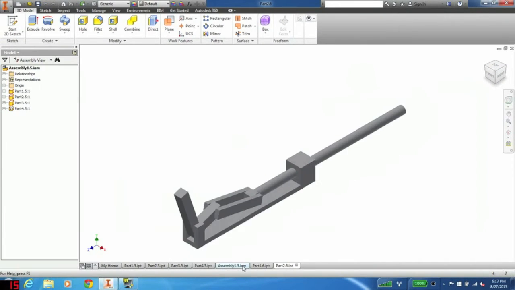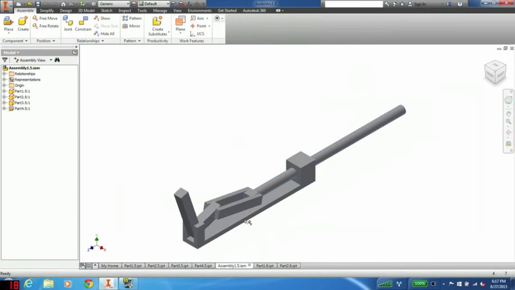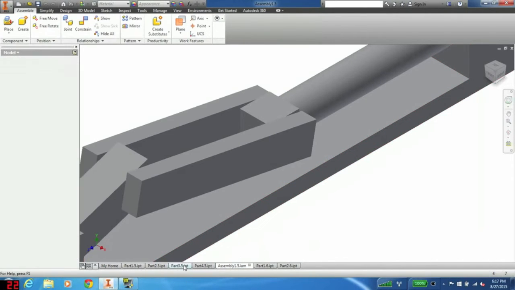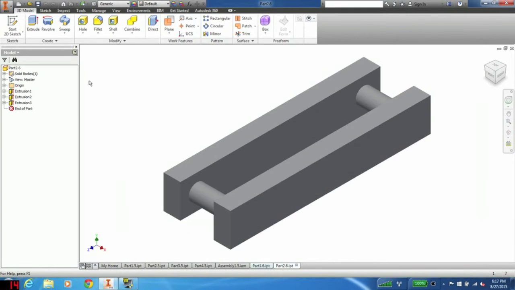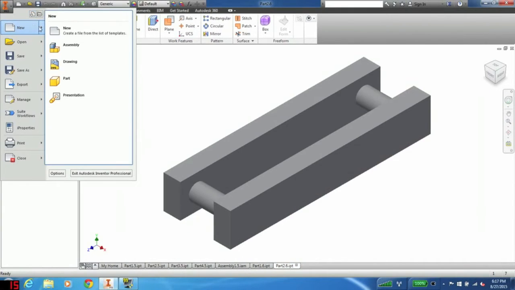And now we need to create this pin. And this pin, you can see, has a head with a hole so we can attach it to the link, and then it's the long cylinder that comes out that slides in and out. So this is going to be created in 2 steps. We're going to have the cube at the end with a hole through it as one, then we're going to put a cylinder off the side. So again, new part,